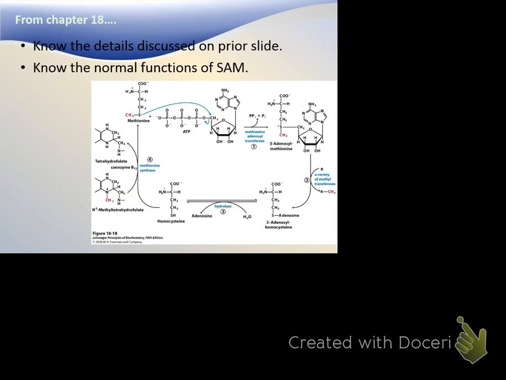Then we have lots and lots of methyltransferases. Those of you who've taken chemistry of cancer, we've talked a lot about methyltransferases in the past. We've talked a little bit about it in neurochemistry too. Methyltransferases are used a lot, not only by us, but also by bacteria and other organisms to help dictate which genes get turned on and off, and so on and so forth. A lot of them use SAM. The product from that is S-adenosyl homocysteine. Then a hydrolase comes in, kicks it off, and that's where homocysteine comes in.